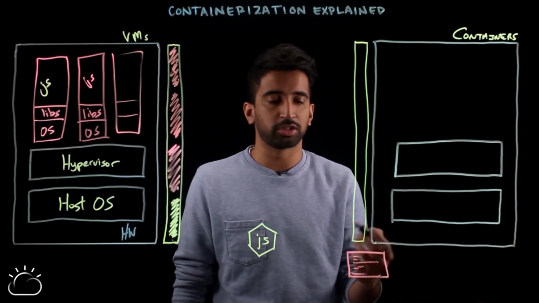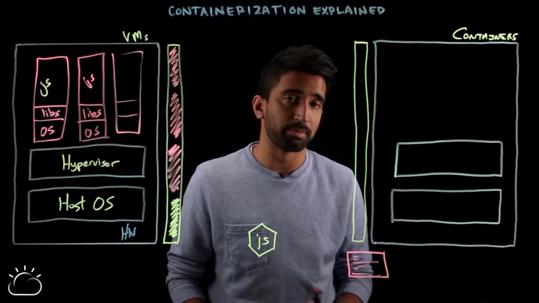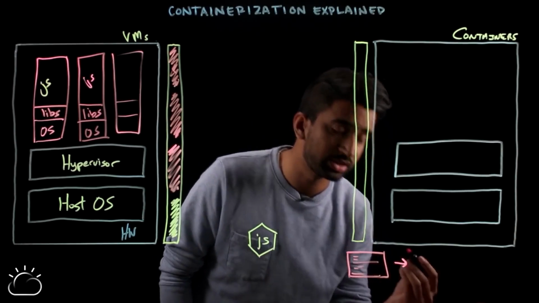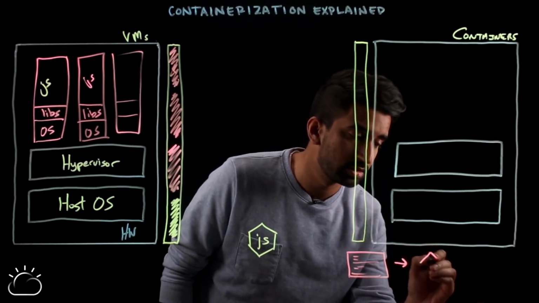So in the Docker world, this would be something like a Dockerfile. In Cloud Foundry, this would be a manifest YAML. Next, what you'll do is create the actual image itself. So for the image,